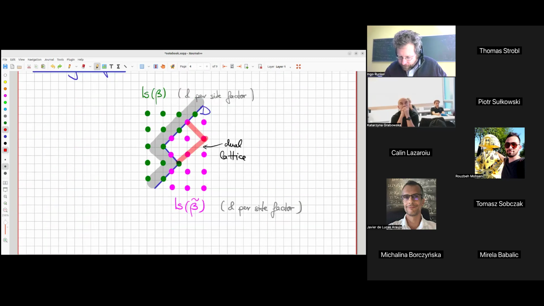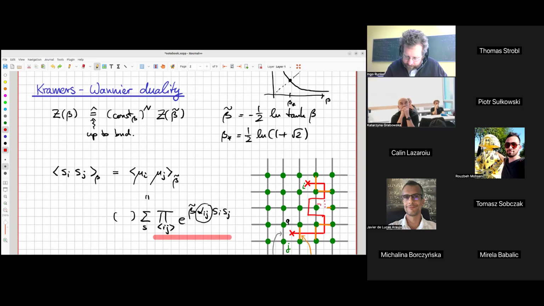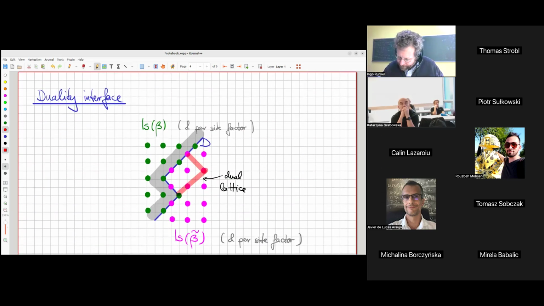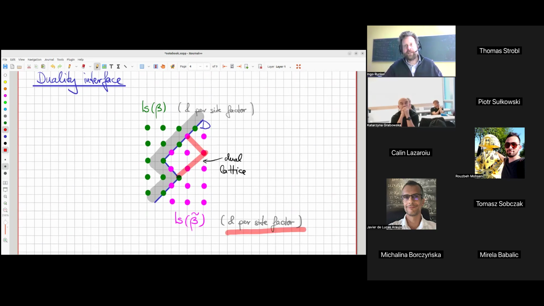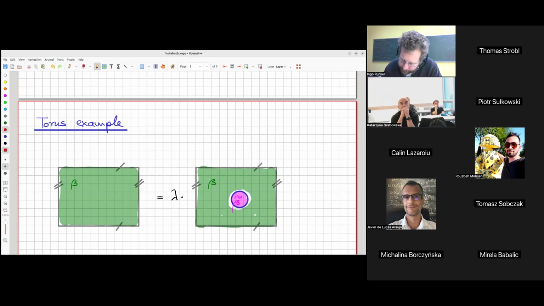Recall that when we did this originally, some way up here, we did have this prefactor. We get a constant for each side. And I've absorbed this constant into redefining what I mean by the Ising model. I've added this here. So I sort of added a per-side energy to my Ising model. The shift in per-side energy does depend on beta, but this coefficient here does not. Okay.